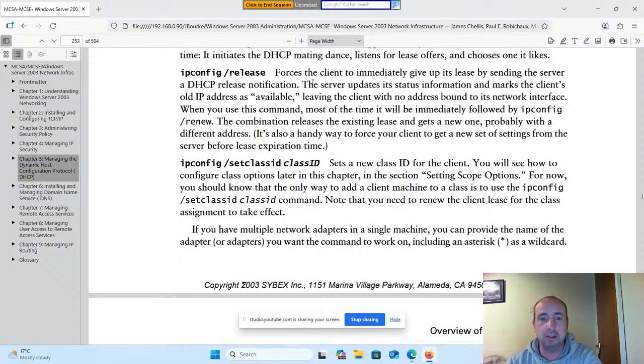ipconfig /release forces the client to immediately give up its lease by sending the server a DHCP release notification. The server updates its status information and marks the client's old IP address as available, leaving the client with no address bound to its network interface. When you use this command, most of the time it will be immediately followed by ipconfig /renew. The combination releases the existing lease and gets a new one, probably with a different address. It's also a handy way to force your client to get a new set of settings from the server before